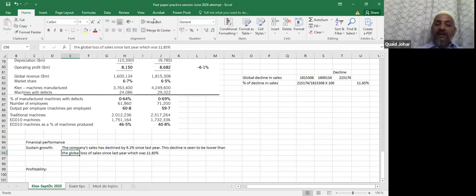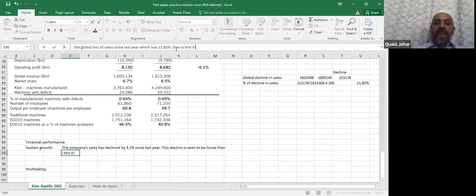तो अब अगर ग्लोबल सेल्स में डिक्लाइन ज्यादा है और इनका कम है, इसका मतलब इन्होंने मार्केट शेयर क्या कर लिया, गेन कर लिया। इनके पास से इतने कस्टमर्स कम नहीं हुए, इनके पास इतनी सेल्स कम नहीं हुई जितनी दूसरों के पास से कम हुई है। जाहिर है दूसरों के पास ज्यादा डिक्लाइन है ना, 11.85 पे 12%, और टोटल इंडस्ट्री के अंदर इनके पास 9% है, तो इन्होंने अपनी सेल्स थोड़ी सी होल्ड की है ज्यादा। तो अब ये बेसिकली क्या हुआ, जो क्वेश्चन के साथ चल रहा है वो डिक्लाइन को लिंक कर रहा है ग्लोबल मार्केट के साथ। तो ये इंडिकेट कर रहा है एग्जामिनर को कि ये सिनेरियो को यूज कर रहा है।